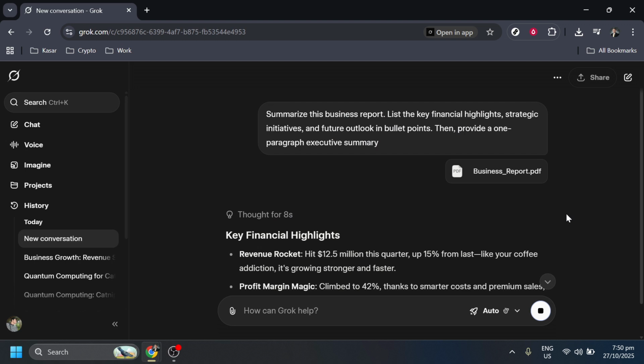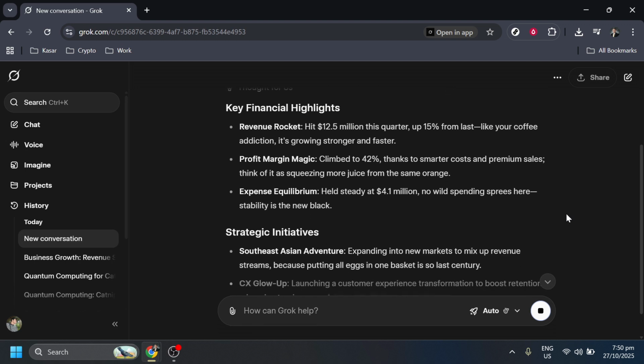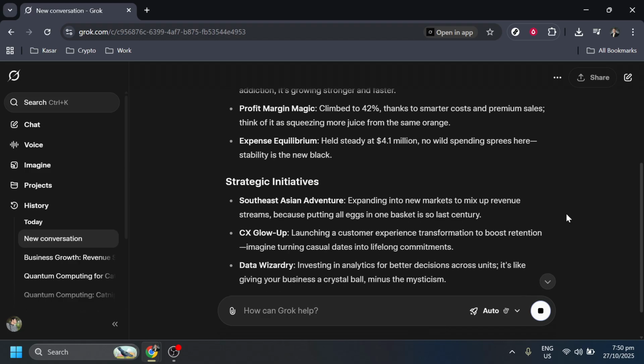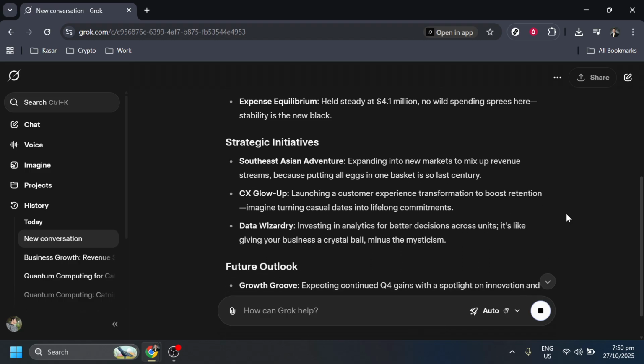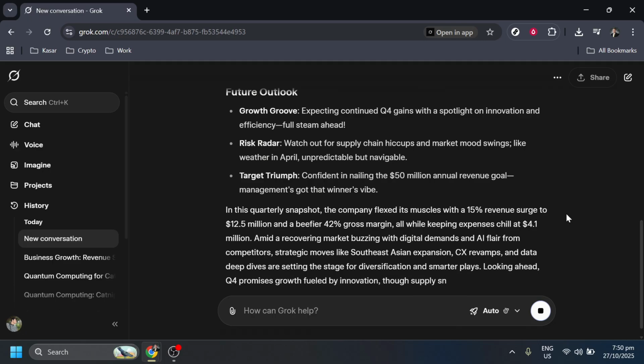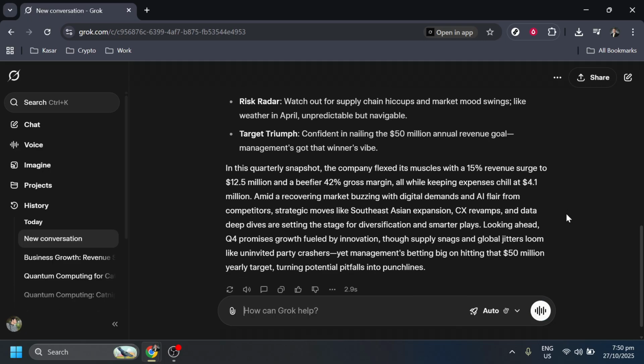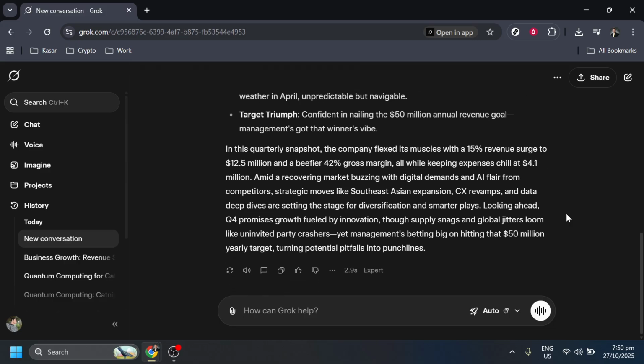You've successfully processed a PDF using Grok AI in just a few straightforward steps. This powerful tool can save you time and effort, making it easier to extract and understand information from complex documents. By following these instructions, you're not only streamlining your workflow, but also leveraging the capabilities of Grok AI to enhance